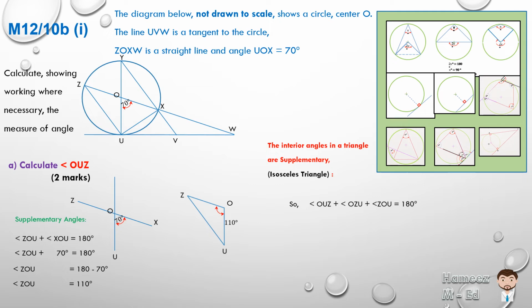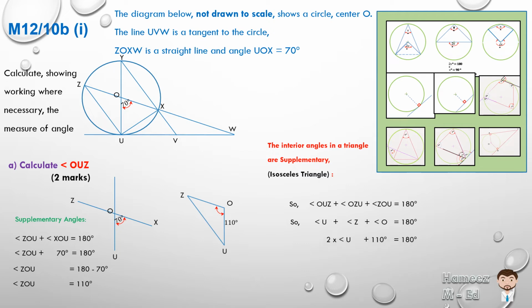Since some of my students get problems with this, we can shorten it by picking the middle letter. So angle U plus angle Z plus angle O is equal to 180 degrees. And we know two of them are the same. We know that angle U and angle Z are the same. So we can say angle U plus angle U, or we can write it as 2 times angle U